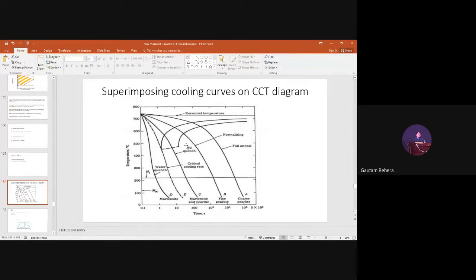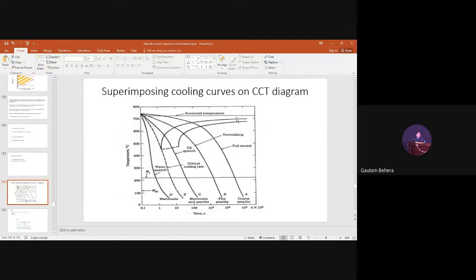Here we do not have any bainitic transformation plot. You can see this is Ms, that means this is the martensitic start temperature, and there is another temperature called the martensitic finishing temperature, Mf. Anyways, you understand these are the cooling curves. This is one cooling curve, this is another, another, another, and another. 1, 2, 3, 4, 5. I have 5 cooling curves which are superimposed on this